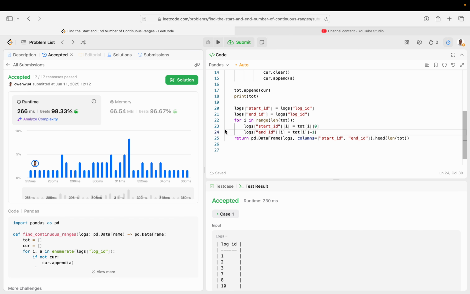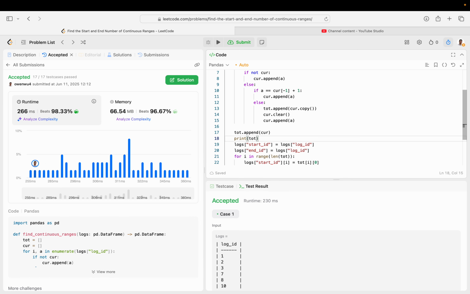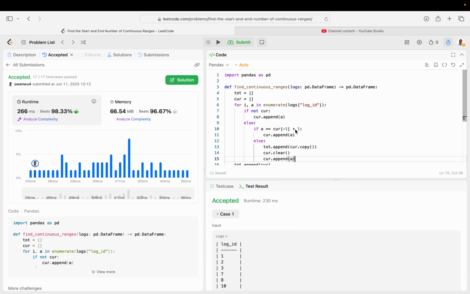Again, I'm really happy about this, that I solved it on my own, and it's actually really efficient as well in terms of runtime and memory, which is pretty rare for a solution I came up with on my own. Usually I score like in the bottom 5%, but I guess this time is different. So again, pretty good